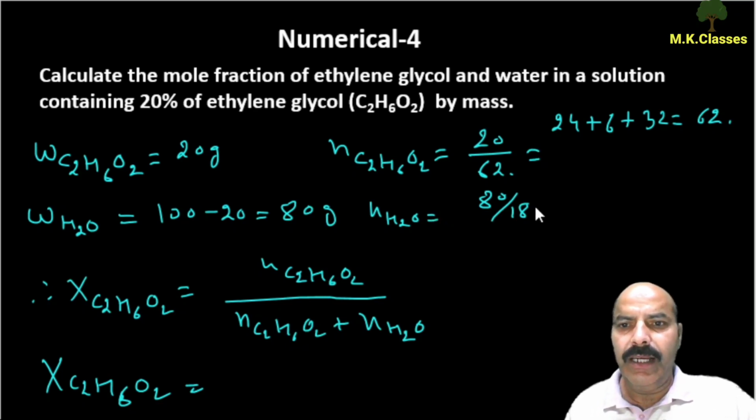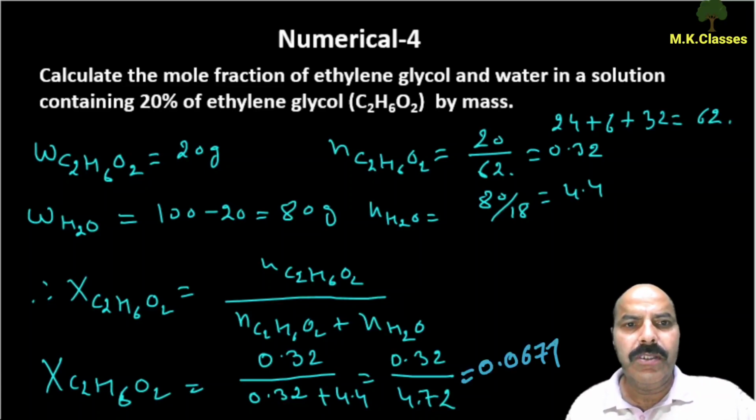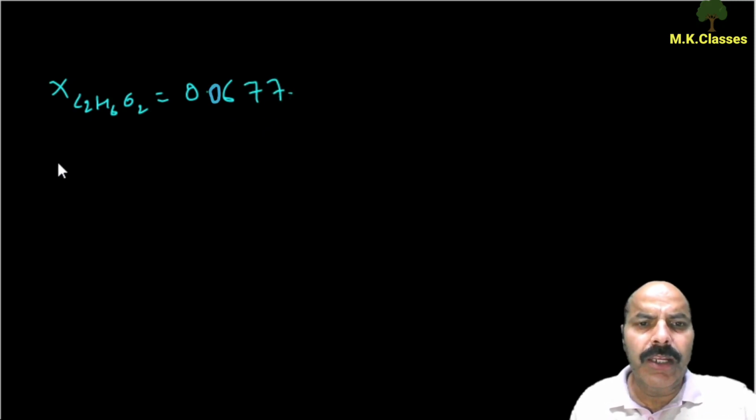चलिए इसको कैलकुलेट ही कर लेते हैं बेटा विद द हेल्प ऑफ योर दिस कैलकुलेटर. So here 20 upon 62 बेटा, 62, that is equal to your 0.32, और whereas this water is, water का कितना रहेगा बेटा आपका, that is just equal to your 0.0677. So now the number of moles of this ethylene glycol is 0.677 beta.